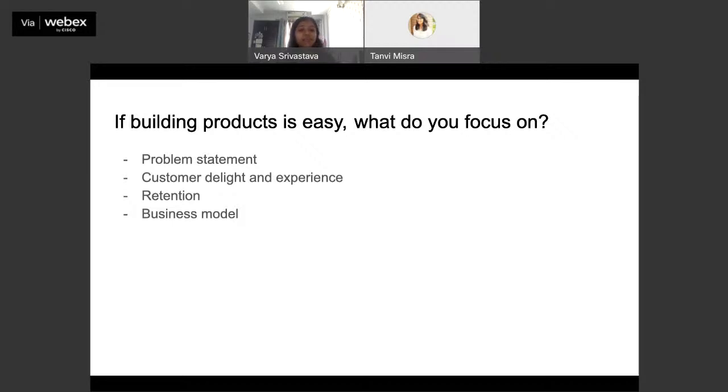Because it's interesting, but most humans don't use products just because of the inherent use. It's not just a productive act of using a product. If you have to order food, you will not use a Zomato or a Swiggy just for the act of ordering food.